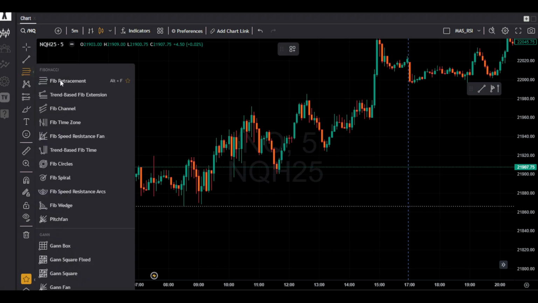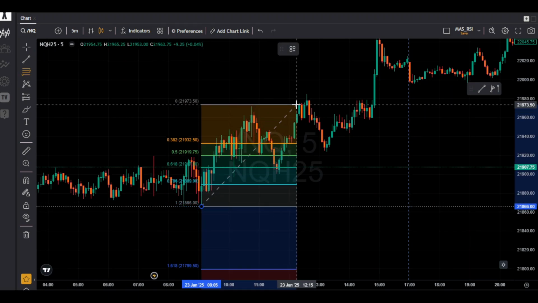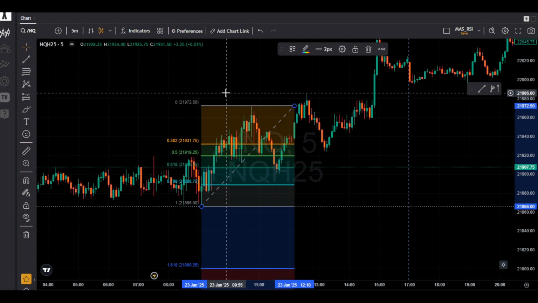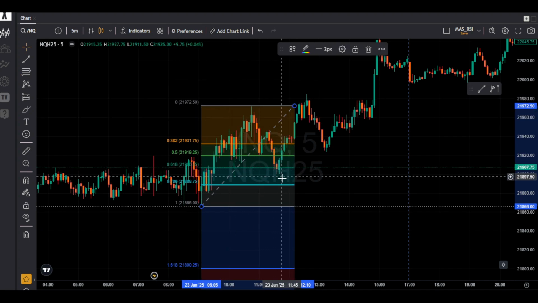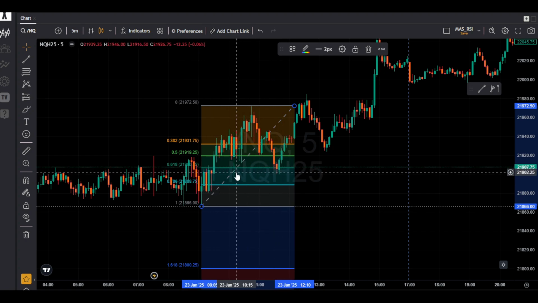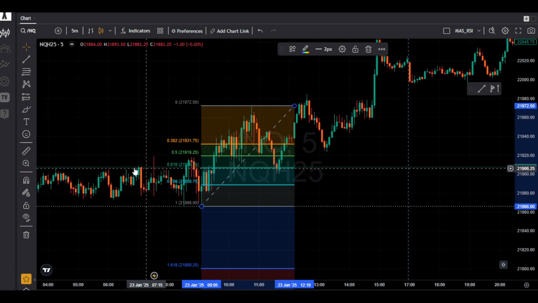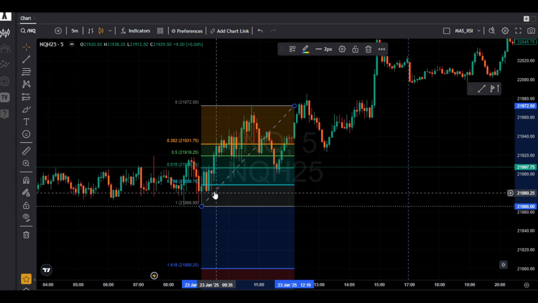So what we're going to do, we'll pick up our fib retracement tool, and we are going to draw it here. Now let's see how it works. It came down all the way to the 0.618 area. So there are again multiple confluences. If you look at the price action, you see a bullish candle was formed over here, and this is the zone. It's kind of a break and retest scenario as well, right?